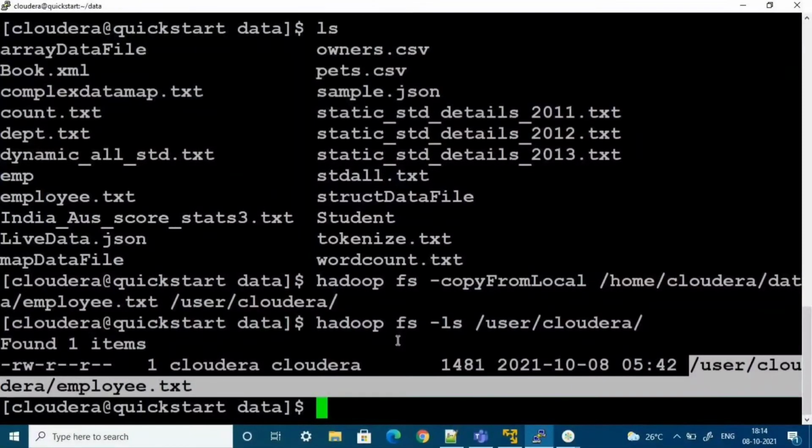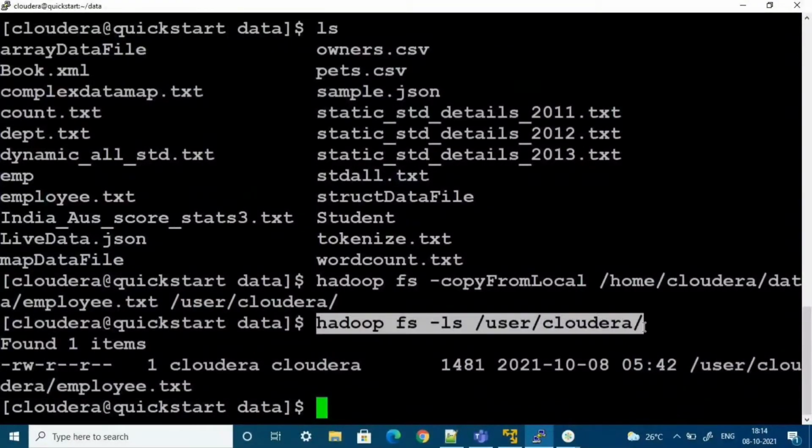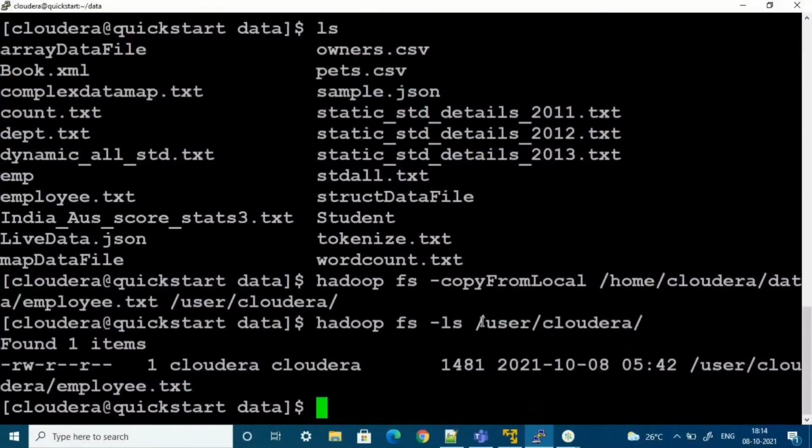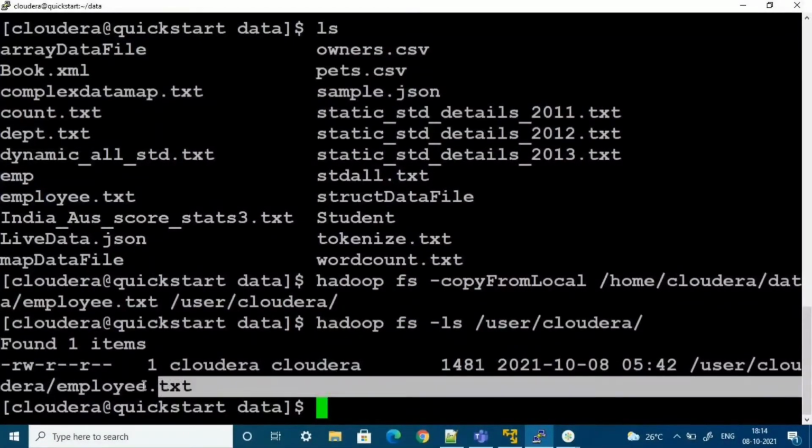Okay, so whenever we want to check whether a file exists or not, we have to use this command: hadoop fs -ls, then your HDFS path. Okay, so the file is showing, successfully copied. Okay, now